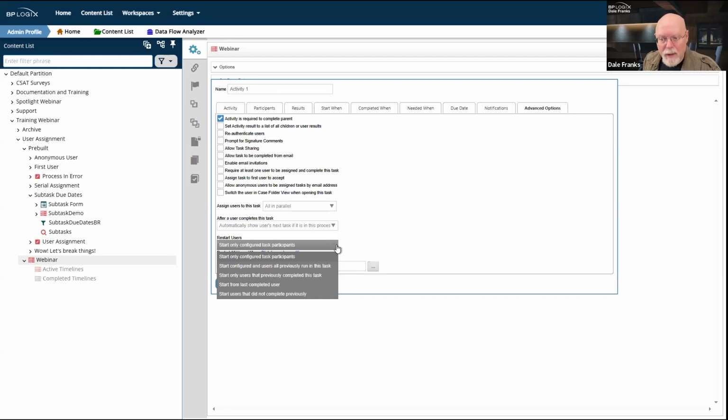Now, in most cases, the restart user setting doesn't matter, right? Because the activity started yesterday, somebody looked at something, said, no, I don't like it. Resubmit. It goes back to the initiator. He looks at it for an hour or so, makes a couple of changes, resubmits it. It now comes back to me. I have restarted my activity that I hit resubmit on an hour ago.